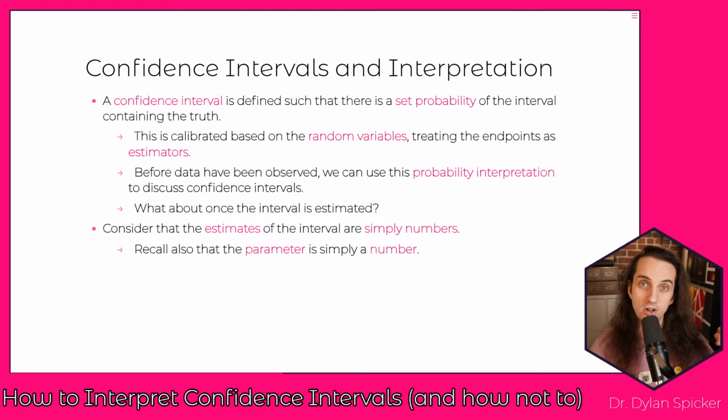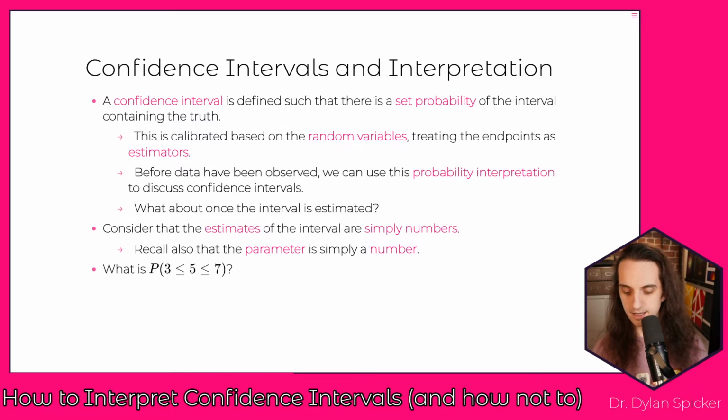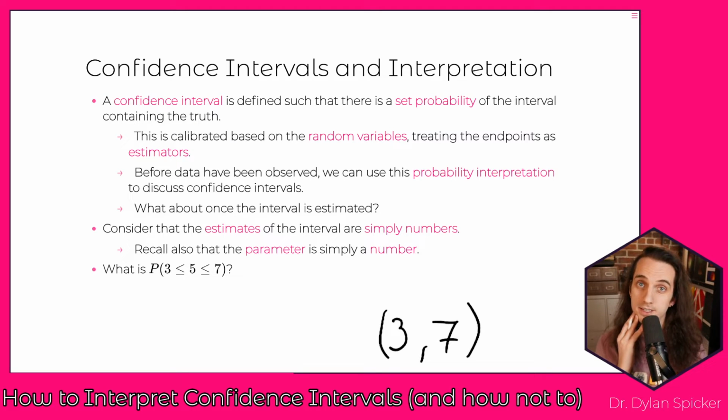Okay. Also, remember that the parameter value, while we don't know what the value is, we're assuming that there is some specific value, right? There is a real population mean or a real population proportion out there. We just don't know what that value happens to be. And so we have estimates that are just numbers, and we have a parameter that's just a number. And so what we're really thinking about here is you can envision us having come up with our interval, and our interval is something like 3 to 7. Right? This is the confidence interval that we have calculated.